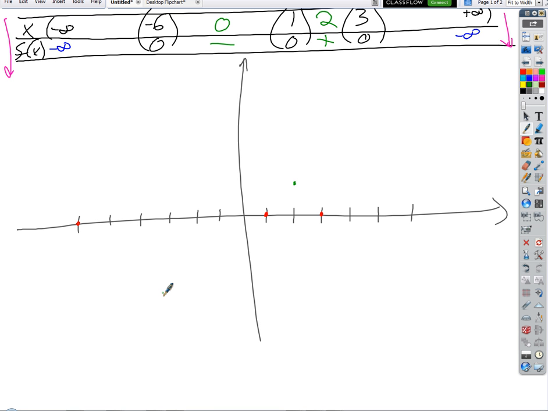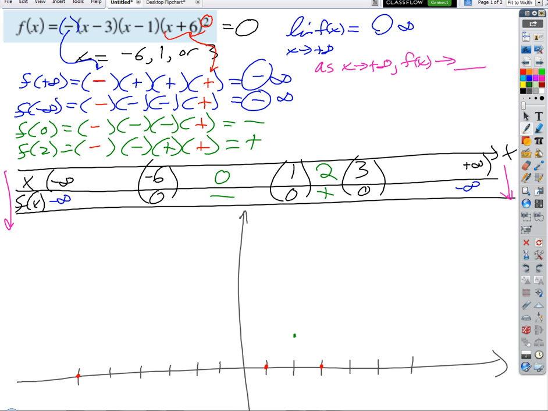What could you tell me about the magnitude of the turning points here, which one's going to be bigger of these two? This one, or which is going to be further from the x-axis? Yep, this one is, right? Has to be, doesn't it? How come? Can you tell me why? 6 to 1 is bigger than. Yeah, that's right. Think about the magnitudes of these numbers that are being multiplied,